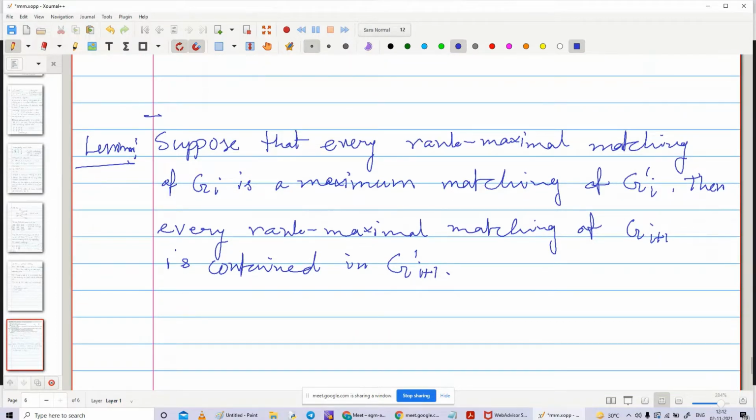So what we are going to show is that the edges we are removing during the ith iteration will not be